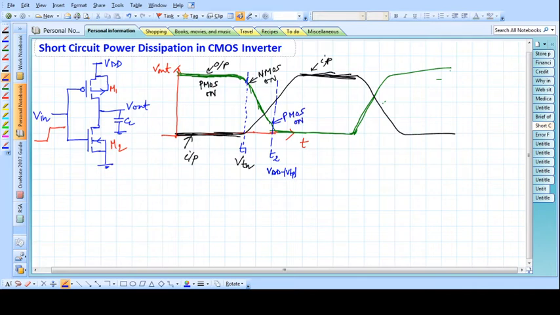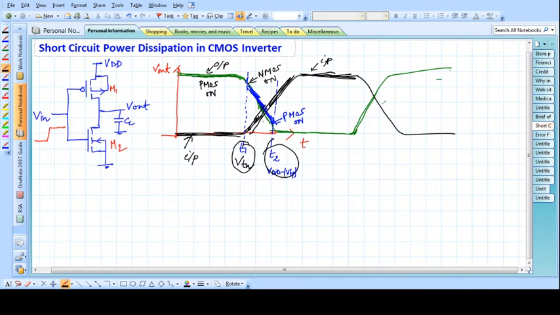So for this region, the voltage changes from high to low, and when the input is slowly increasing from VTN to VDD minus VTP,